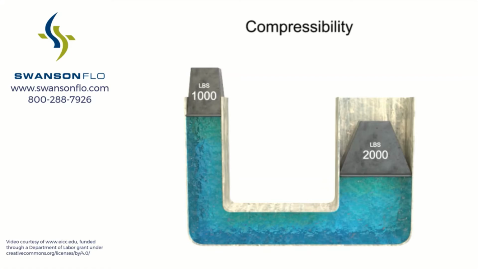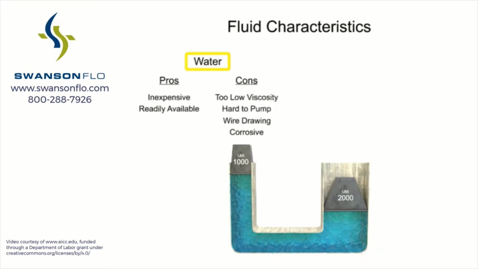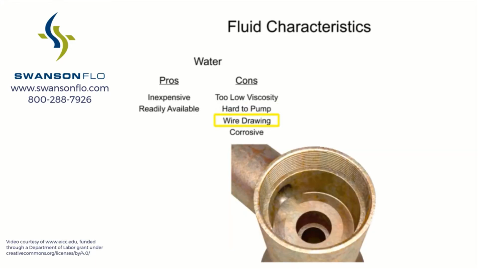Years ago, water was used as the first hydraulic fluid because there was no other liquid available in such large quantities at such a low cost. There are some major drawbacks to using water as a working fluid. Due to its low viscosity, it is difficult to pump. Additionally, the speed at which it flows through the system causes an effect known as wire drawing. Wire drawing occurs when the water flow erodes or scores a pathway in the metal of machinery as it goes around corners and through orifices. It also has corrosive effects on metal machinery.